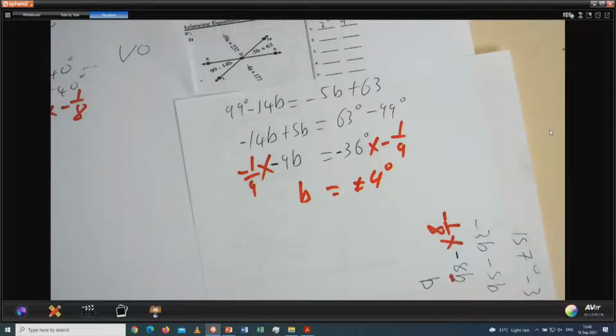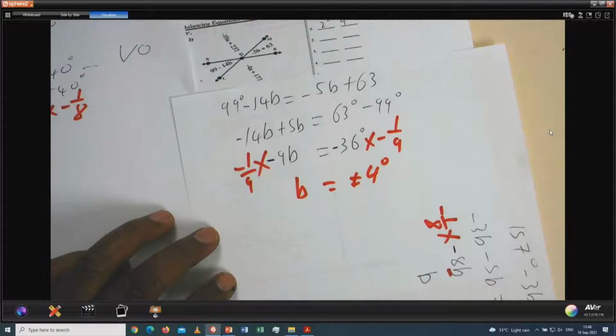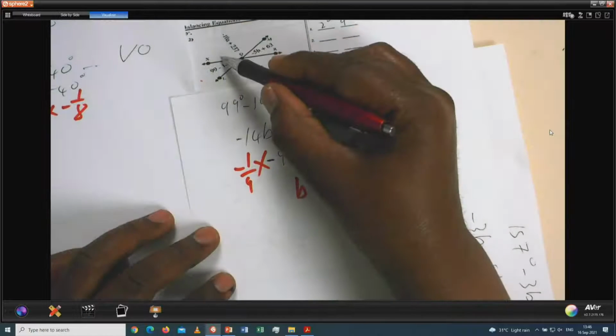4 degrees. Right, now, 4 degrees. Now we've got our B. Now let's go and look at the A now. Vertically opposite,